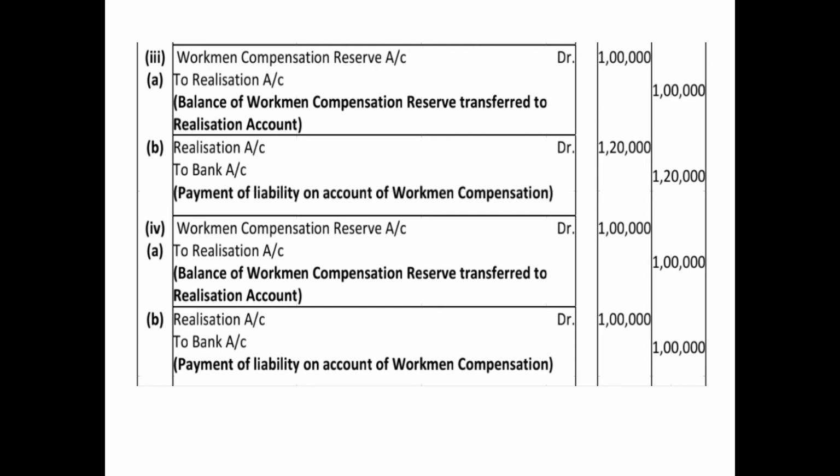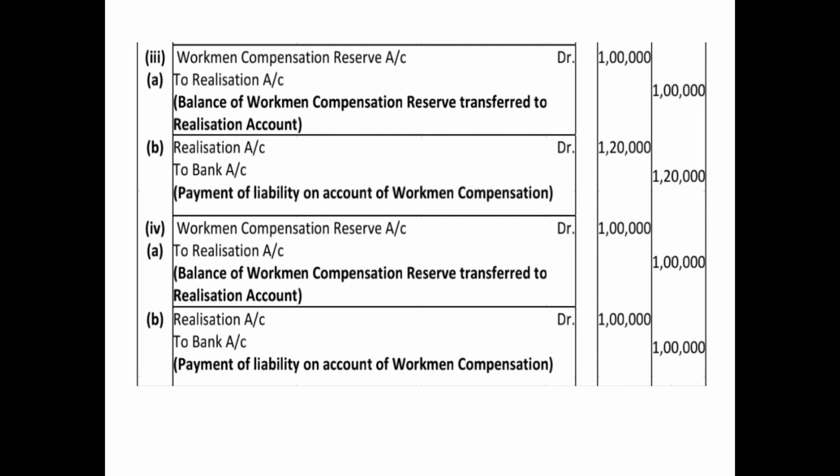And secondly, the entry is for the payment of the claim. That is realization account, since the liability is already transferred to realization account, to bank account since the money is going out. The next entry is for the next case, that is when the amount of claim is equal to